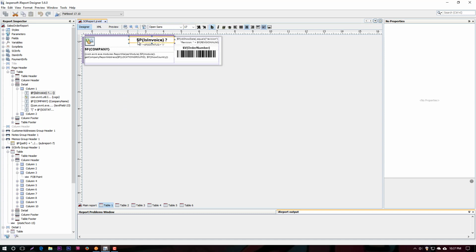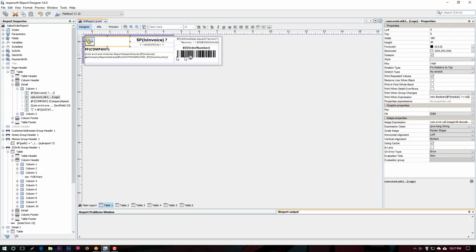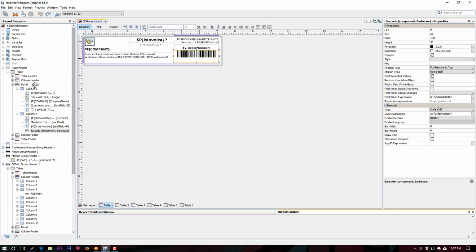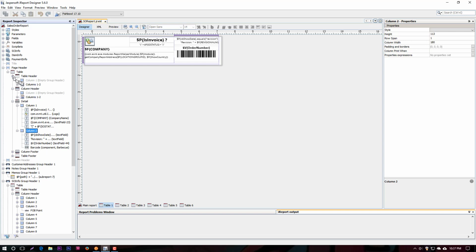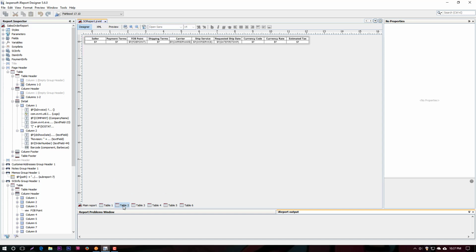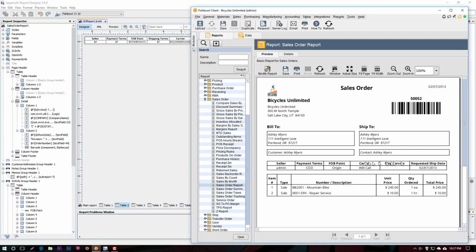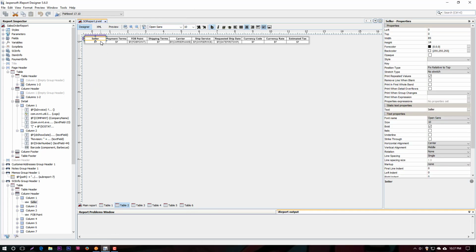In table 1, you see we have a bunch of fields, and they're basically in two different cells, two columns. So on the left side, you can see column 1, column 2. We're not using anything in the table header or column header, all in the table detail band. Let's start with a different table that's a little bit easier to see what's going on. In table 2 here, seller, payment terms, that's basically, you can see this first table below the addresses, that's what shows up there. So we see seller, and that's the header, and down below is the field that actually grabs